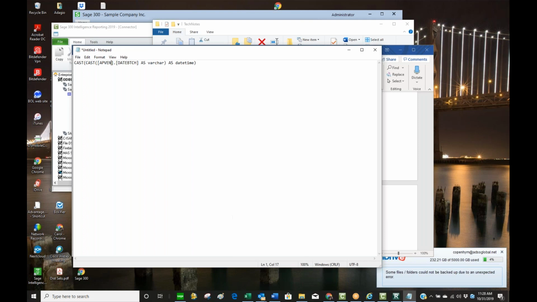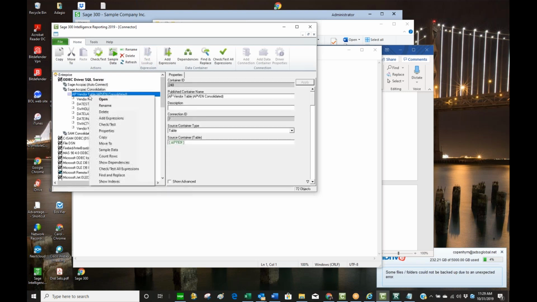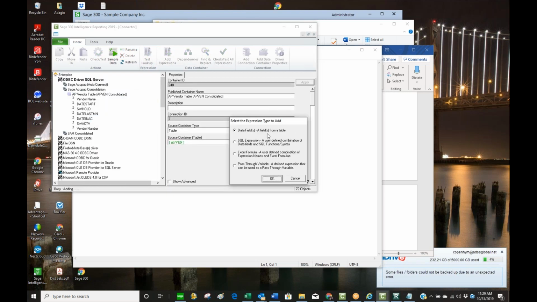So it's APVen, and then the field is date start, okay. And then I'm just gonna drop that into the connector. Okay, so I'm gonna open the connector, and I'm gonna create an expression, and it's gonna be a SQL expression,